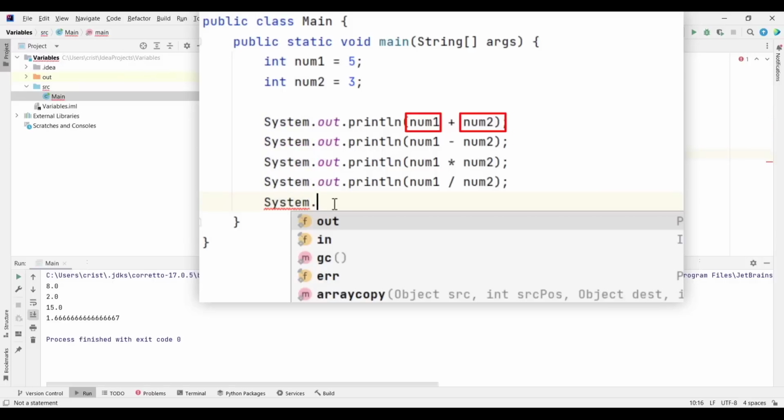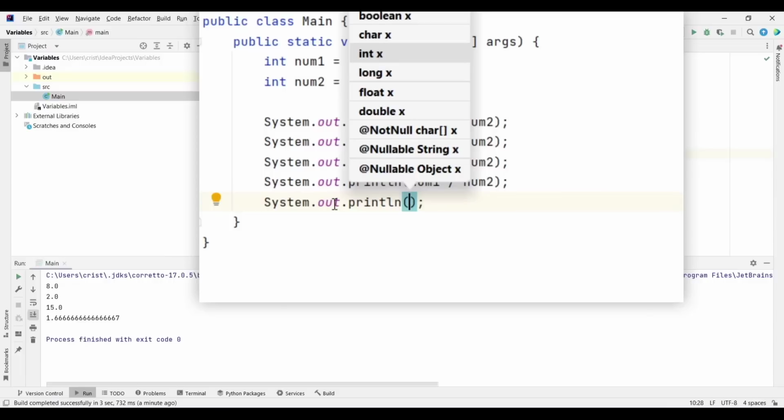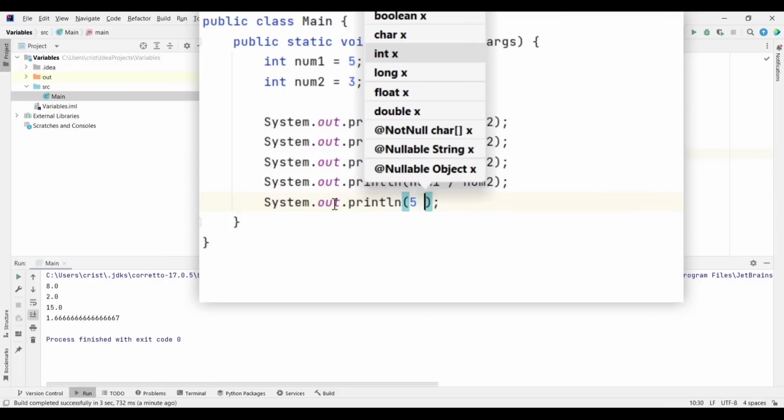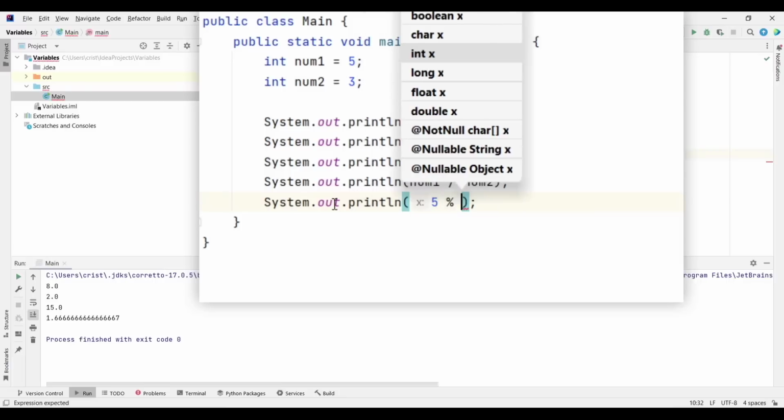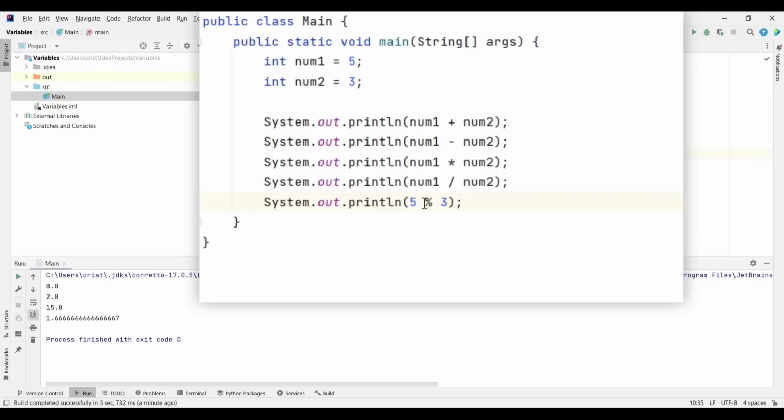So I'm gonna type down here System.out.println, and I will type here 5, and now I will introduce an operator which is not so well known outside the programming context. I'm going to type modulus, this is how it's called, the percent sign, 3. And what this 5 modulus 3 is going to give us is the remainder.